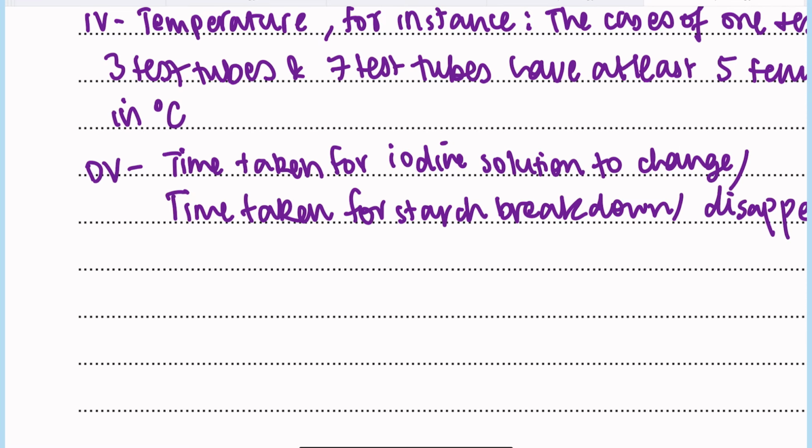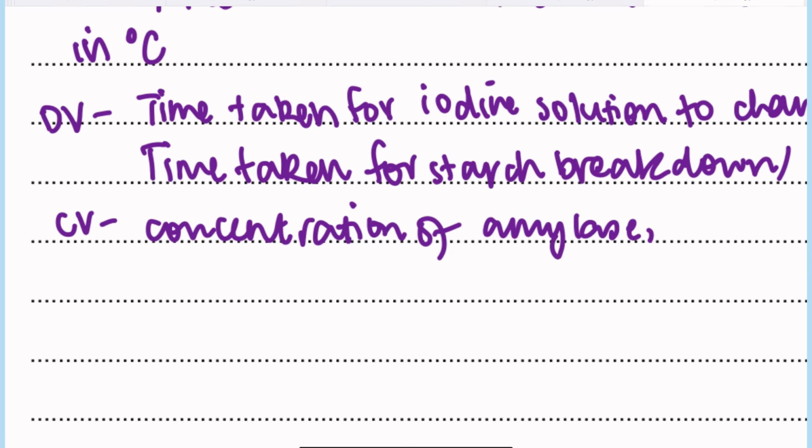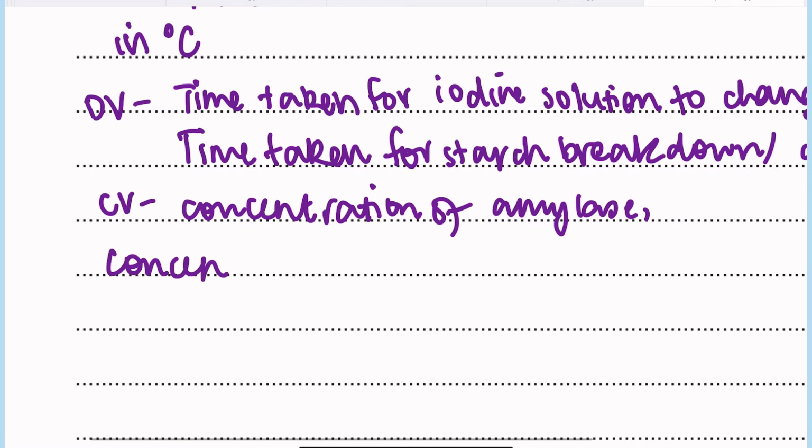Variables, you need to mention your controlled variables. Generally I would recommend putting about 2 or 3 controlled variables. So concentration of the starch or concentration of amylase enzyme, concentration of starch, I would probably say here. And I would also put, let's see, what else can we do? You can say,